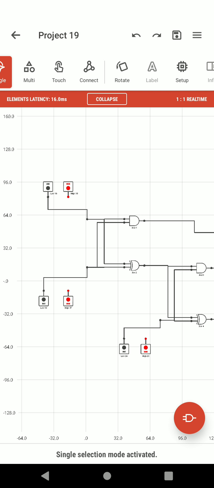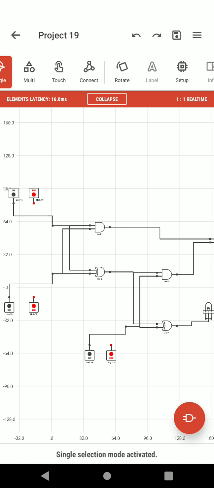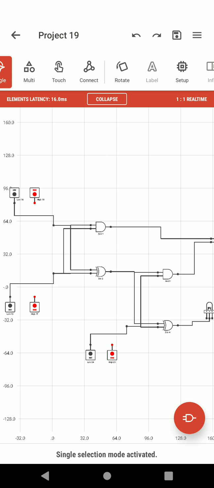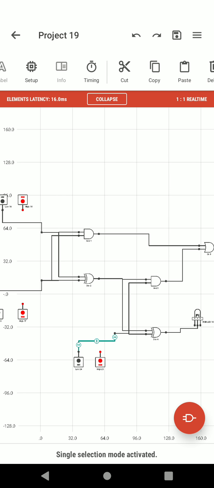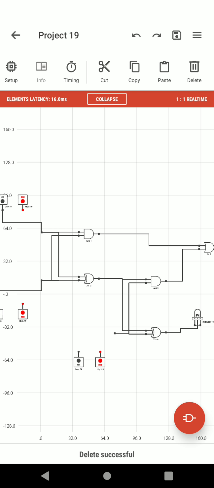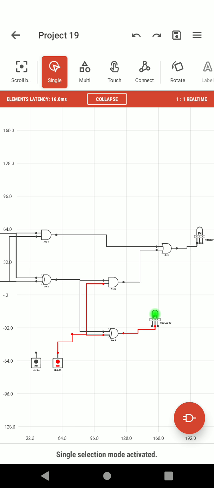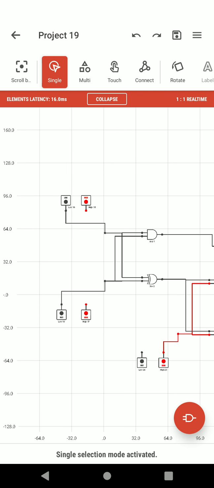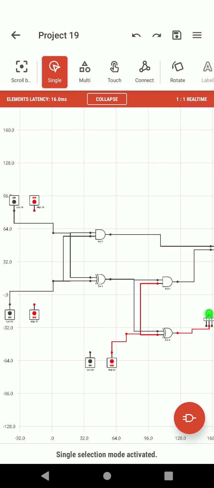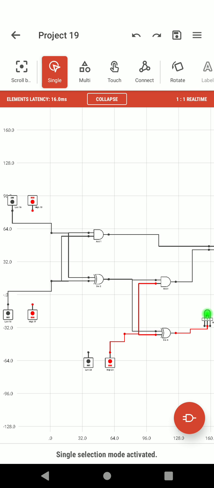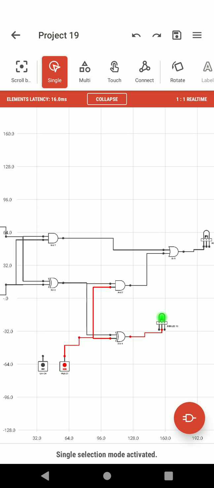Now let's connect C to high. In order to delete this low connection here, just click on that connection and at the top you have cut, copy, paste, delete. So that connection will be deleted. Now just click on connect high to C. So we can see that the green bulb is glowing. So if one of the inputs is 1, then the sum will be 1. Among A, B, C, C is 1, so we are getting the green LED.